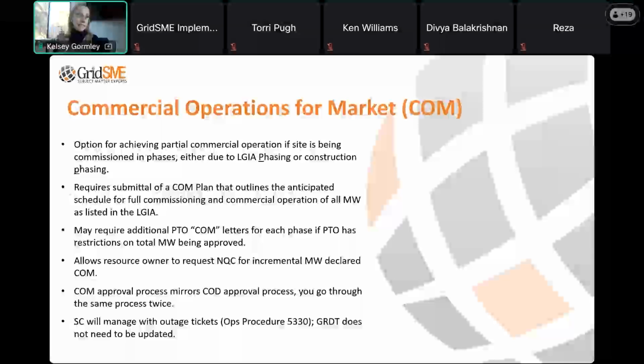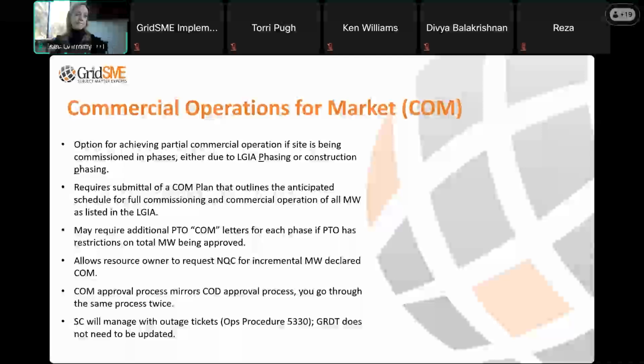Each of the different testing protocols has some specifics around it. I don't have it in front of me right now, Reza, but I could share that actual protocols document with you afterwards. Sometimes you have to hold it for 4 hours. If it's a Pmax test, you have to show that you're able to push that Pmax value for 4 hours, and that is the testing that you would do to get that officially certified in your resource data template, so that the resource can actually participate in ancillary services, if that helps.